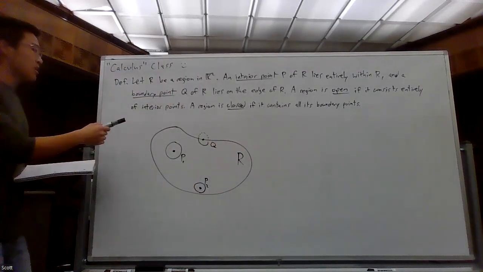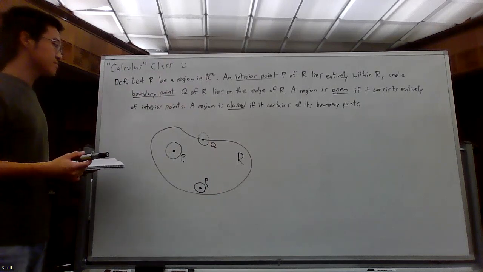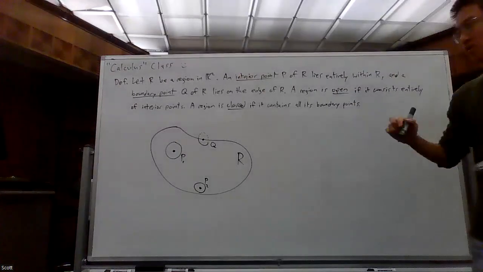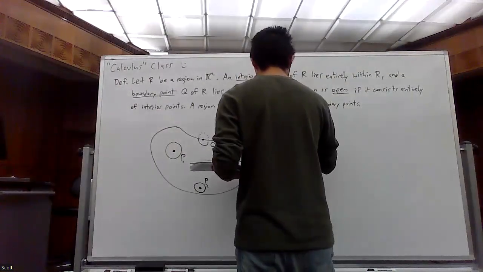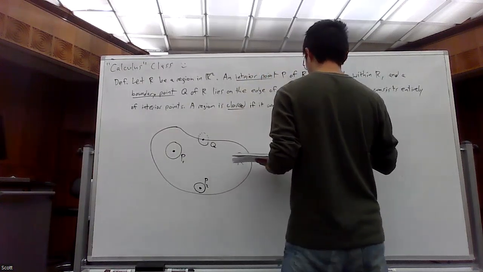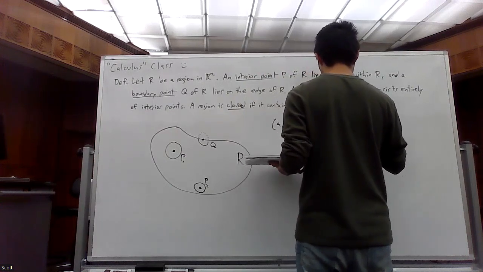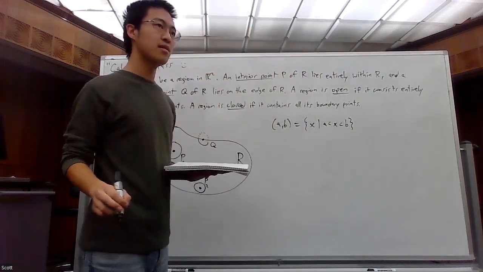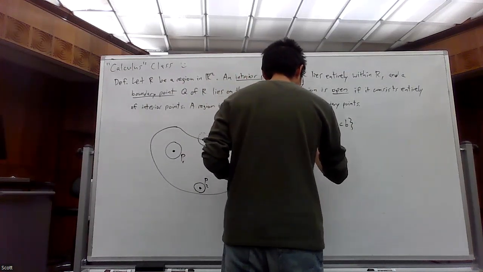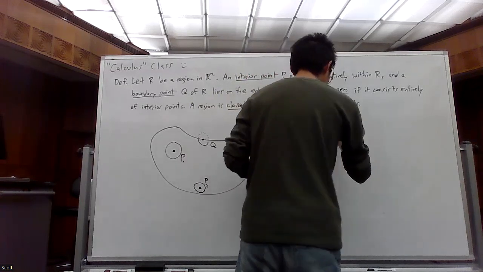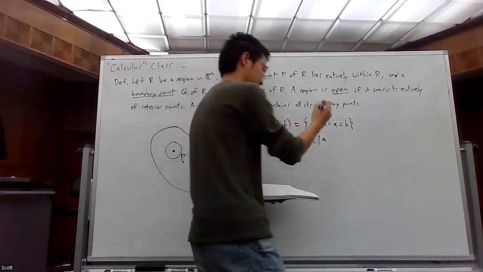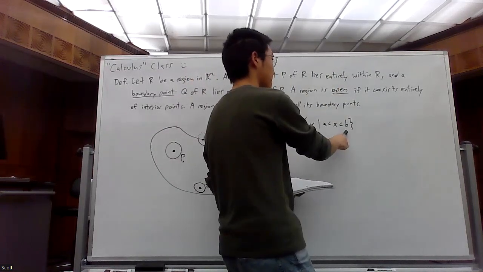Now, really what we're trying to do is expand this idea of open and closed intervals to regions, okay? This should be familiar, right? The open interval (a, b) in the real line is the set of x values where a is less than x is less than b. So that's just common sense. This is what we're already used to. And then a closed interval would be, well, what's the only difference between the open and closed here in the real line? Yeah, we contain the boundary points.